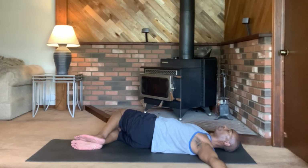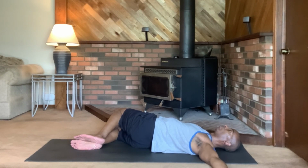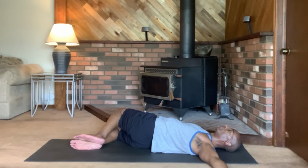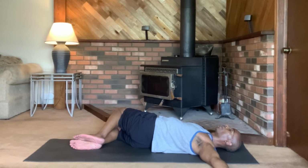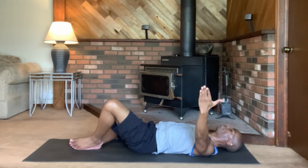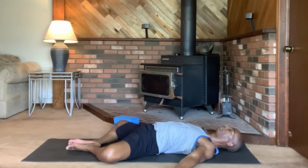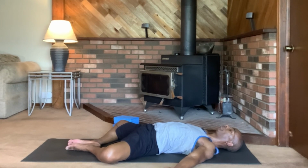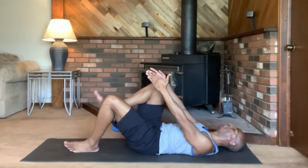Very nice. Two more breaths. Let's reopen the book. So lift the left knee, bring it all the way over to the left side, reopening, hold. Then bring both knees together up at the top, hug both knees into chest,